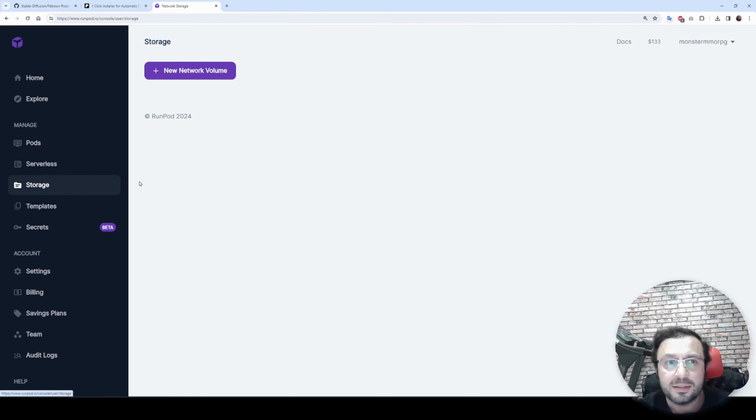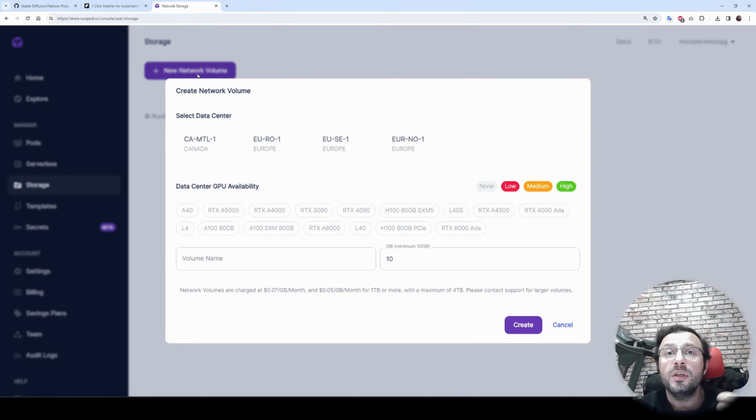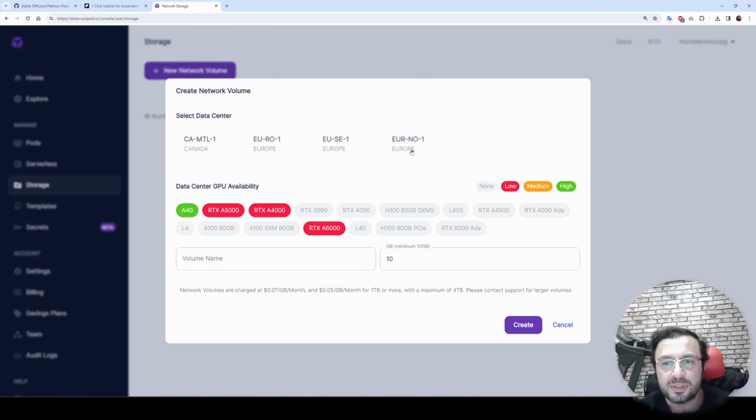Therefore, there is another approach, which is storage. This storage mode will give you a deployable storage that you can deploy in any available pod, unlike the other pod setup. So there are regions that you need to select, and in the regions you can see which GPUs are usually available.